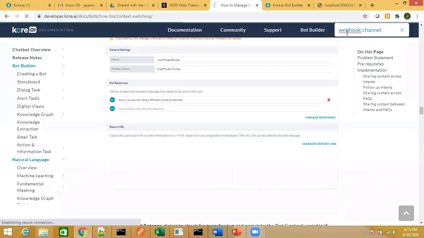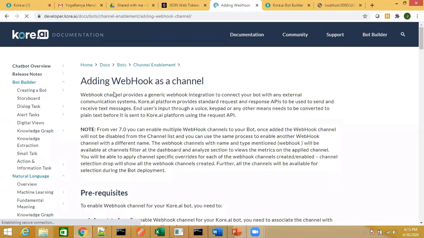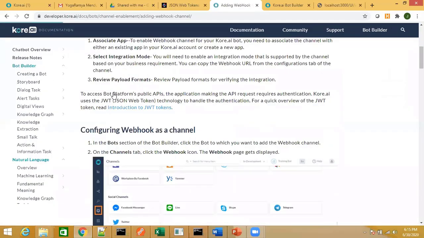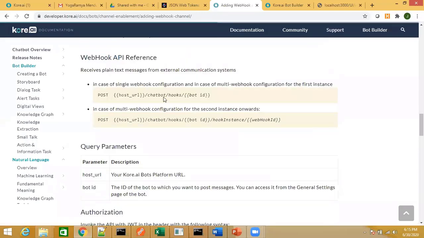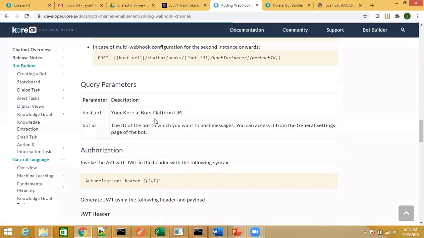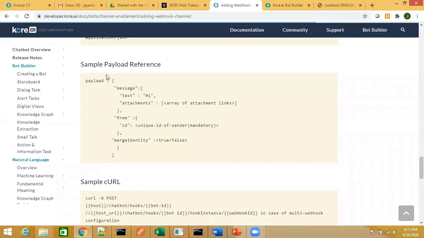Look into the configuration of the webhook channel. Within that documentation you will get all of this configuration detail. If you look here, you can see this is the post call. You will also get the JWT and the sample payload coming up over here.